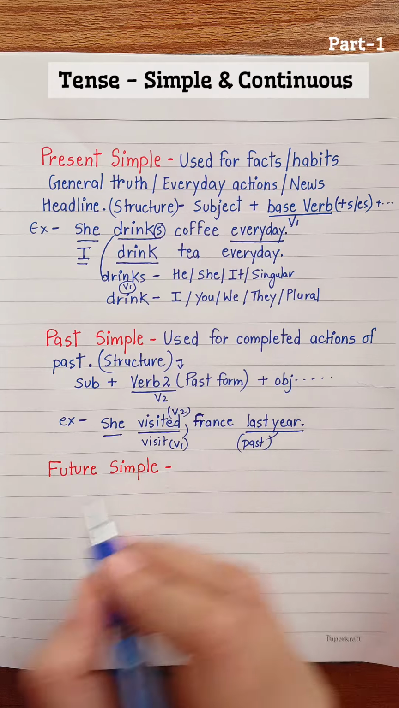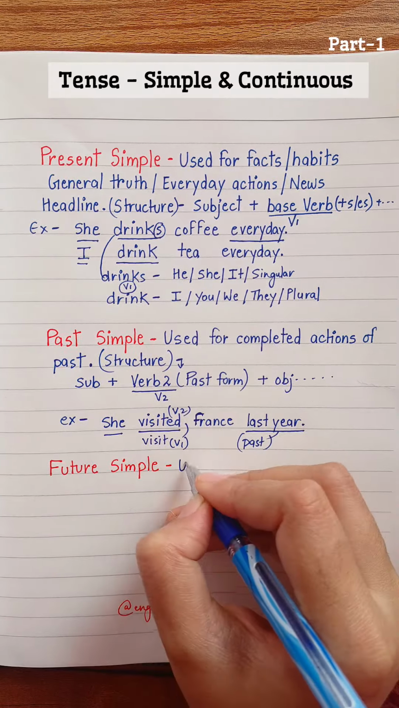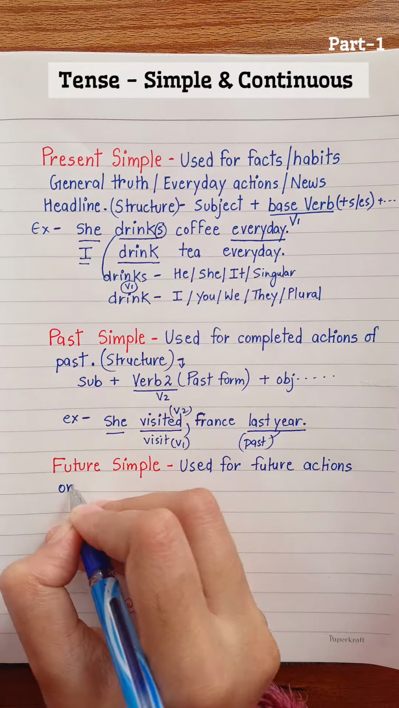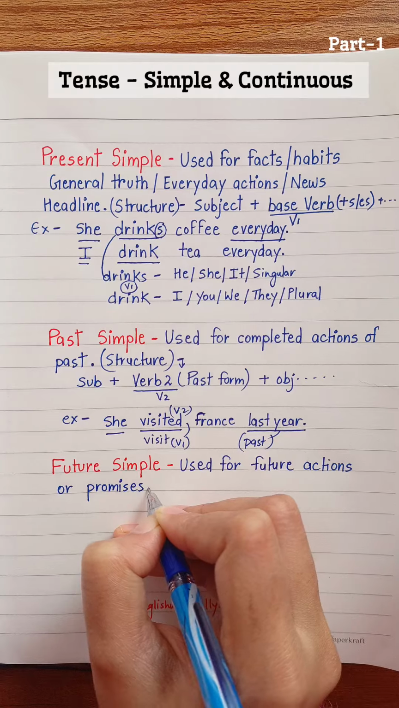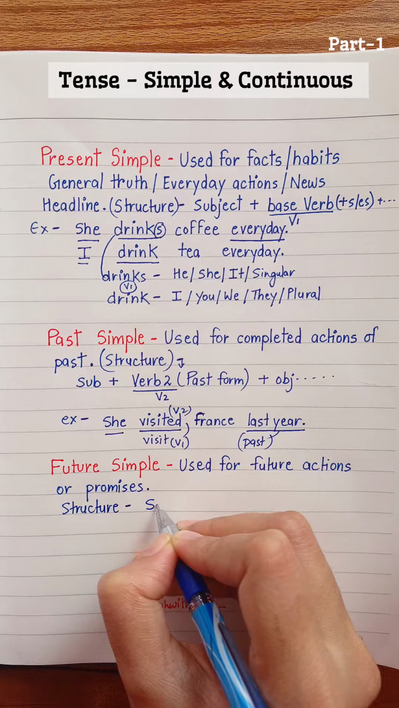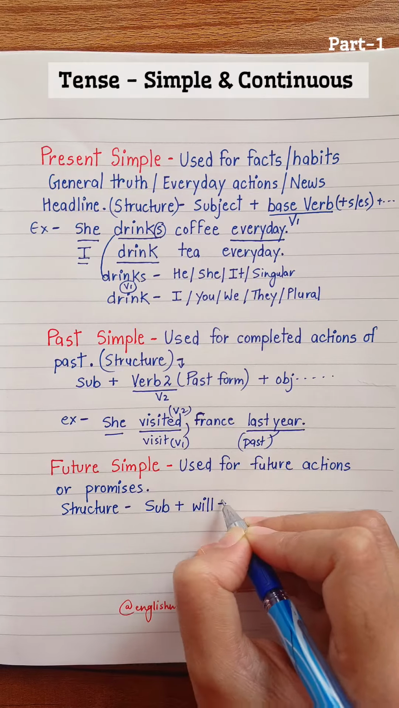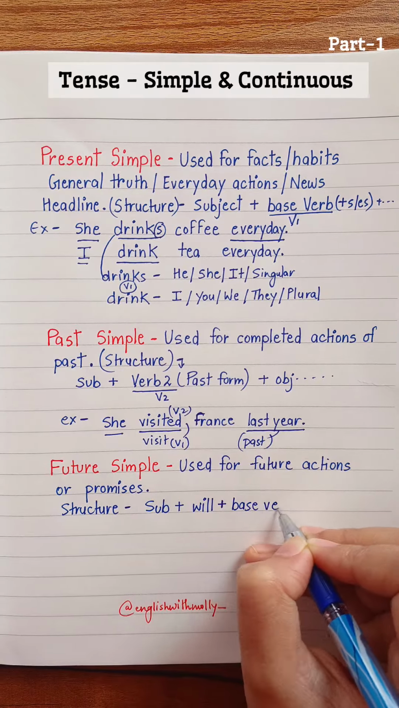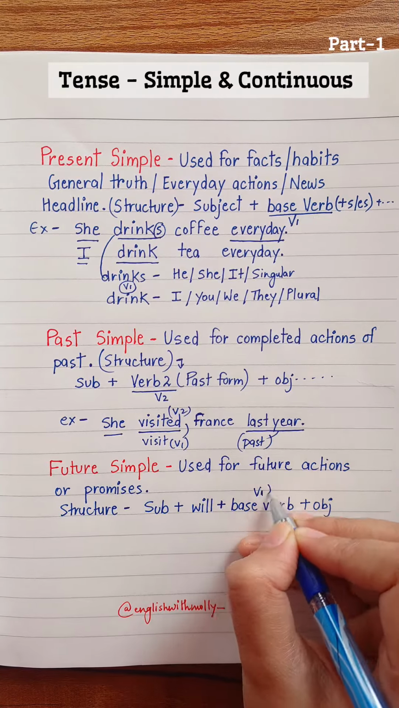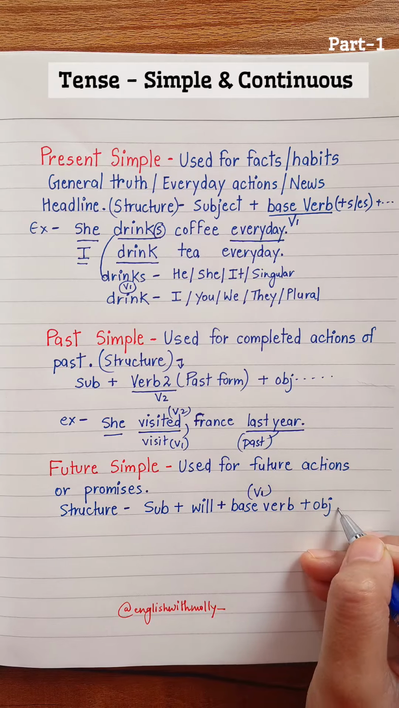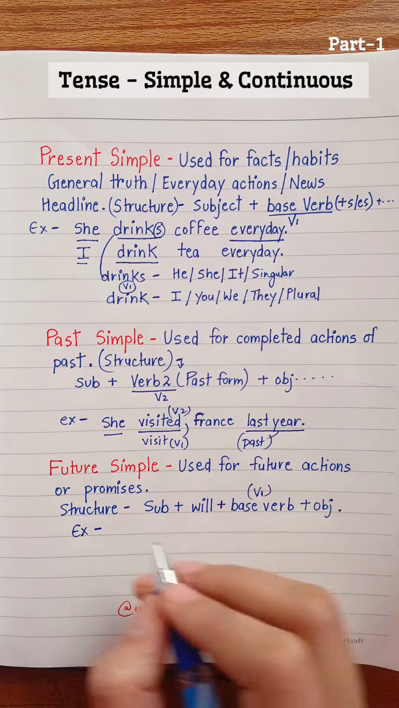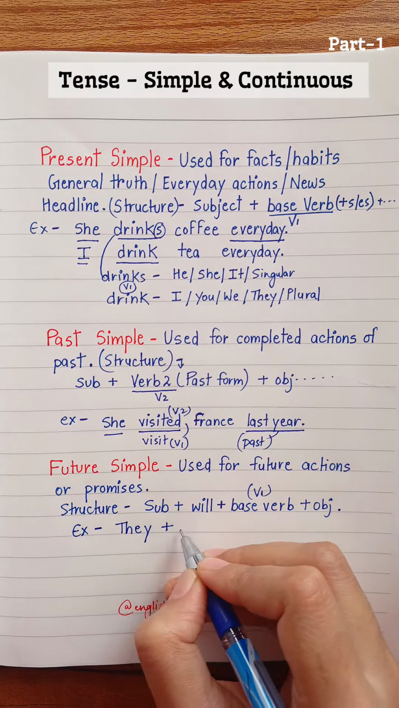Now let's move to future simple tense. Future simple tense is used for future actions or promises. Future promises. Let's see the structure for future simple tense. It's subject plus will plus base verb plus object or the remaining sentence. Base verb is also called verb 1 or V1. For example, let's take the subject they. They will